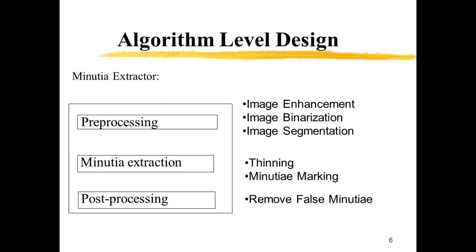We have a three-stage development of the entire system. The first stage is image capture. For this project, the images used are available from the FVC 2000 database. The other two parts of the project are a minutiae extractor and a minutiae matcher. The minutiae extractor and matcher are implemented algorithmically. The minutiae extractor is basically used to determine the minutiae points in a particular fingerprint image. The basic steps are as shown in this slide.